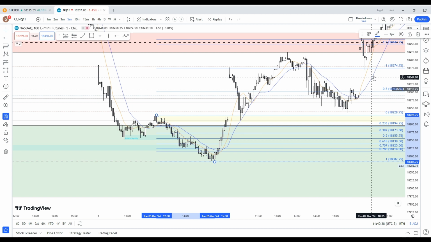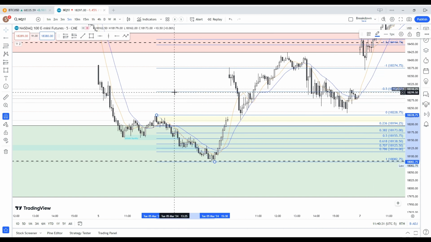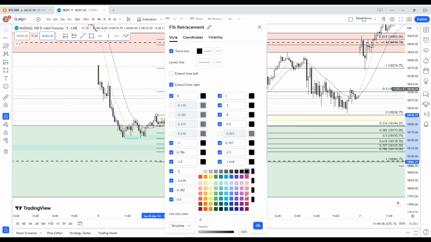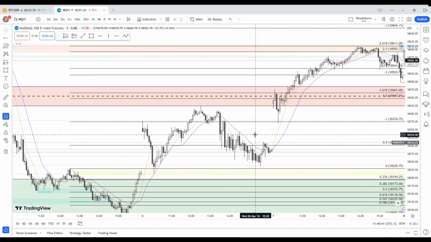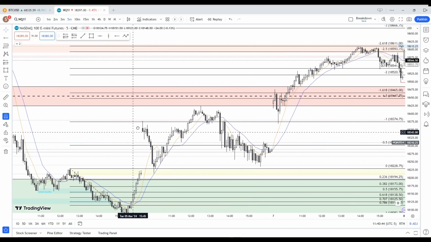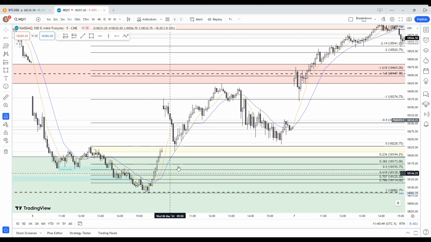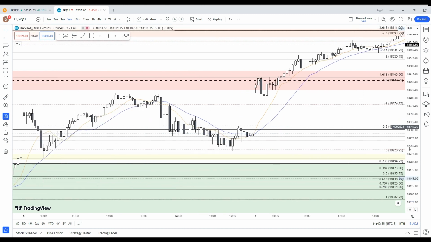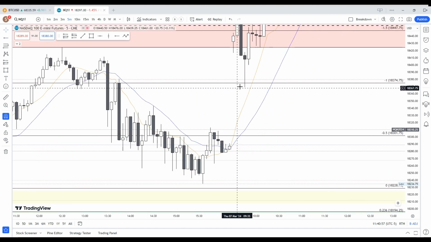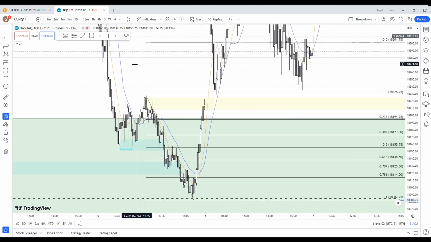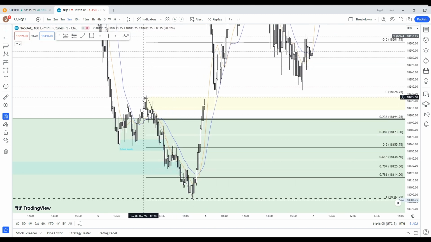daily fair value gap. I'll change the color of this because I think those larger ones are blue as well. Change it to black. Okay. See, I mean, these projections based off of this right here, look at how it respected it. This gap right here is in between the fib range here off of this lower leg.